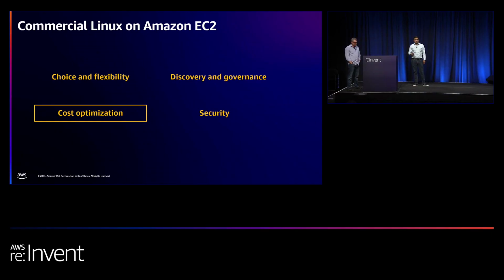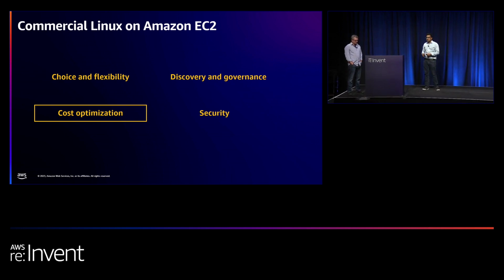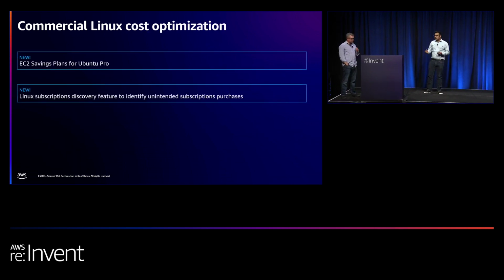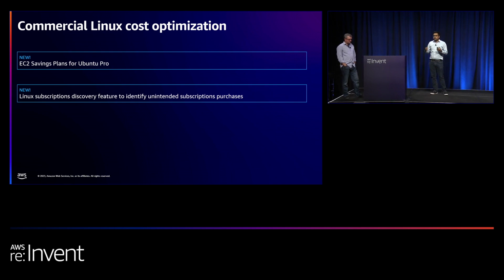So I want to touch upon a couple of additional points around cost optimization in addition to all of the strategies that you may already have in place, more specifically for commercial Linux subscriptions. Definitely, what Mark just covered, I recommend onboarding onto Linux subscriptions. It will help you understand all of the Linux subscriptions that you're purchasing from AWS across all accounts, across all regions, and use that as a starting point to understand your spend,